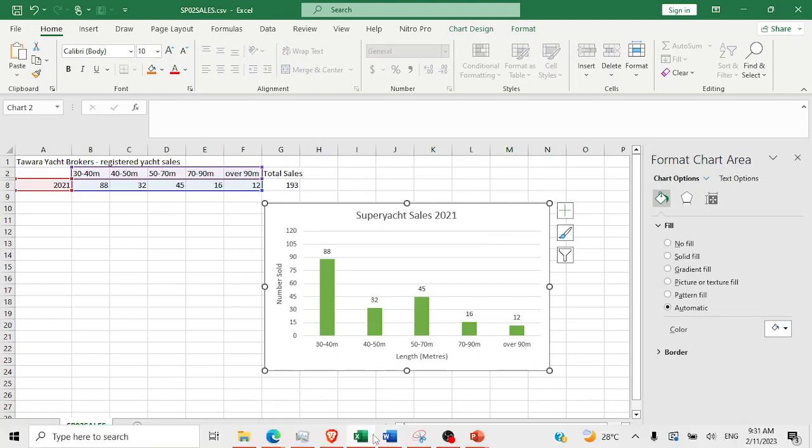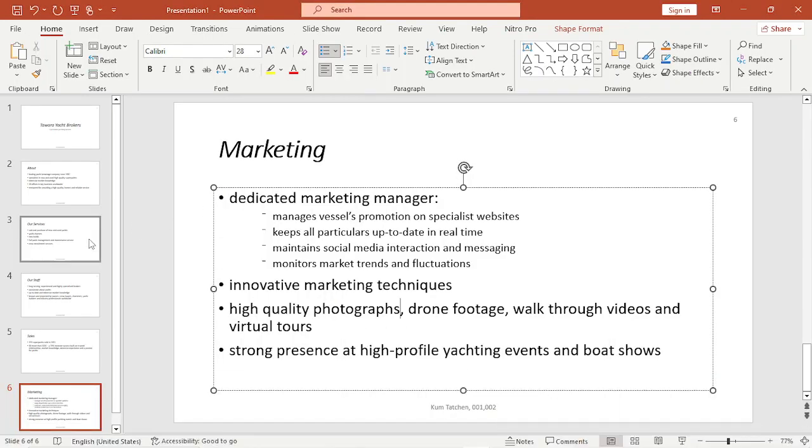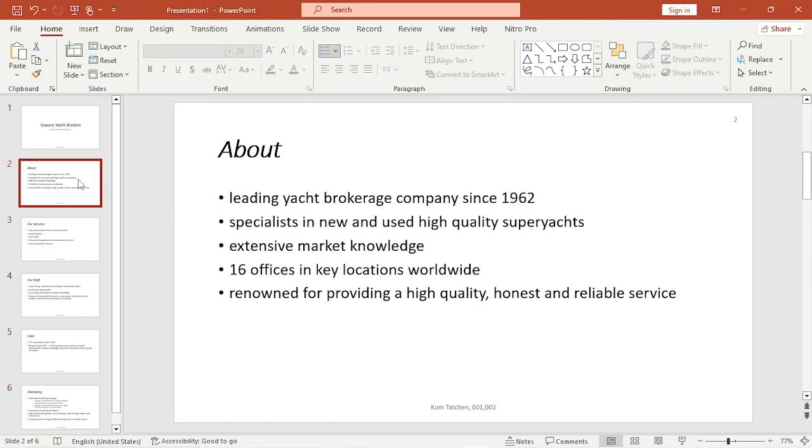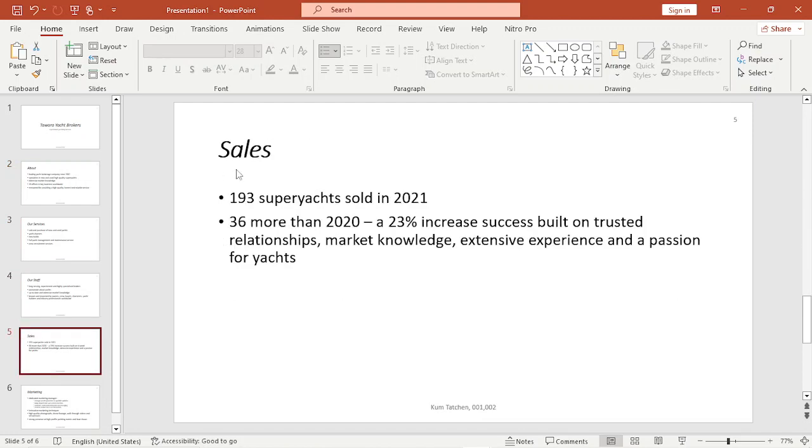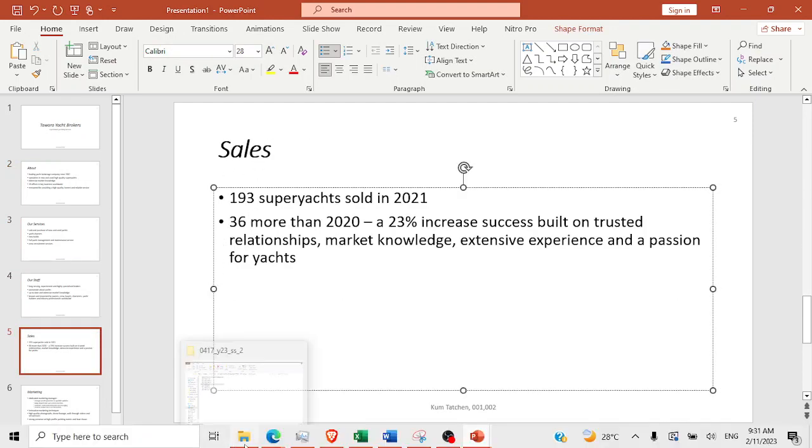Just going to copy. If you don't like the color, you can change it, but I don't really think it's necessary. That would just be wasting your time. So I'm going to look at the slide sales. Just going to go down. Okay, here it is. Now the set to the left,